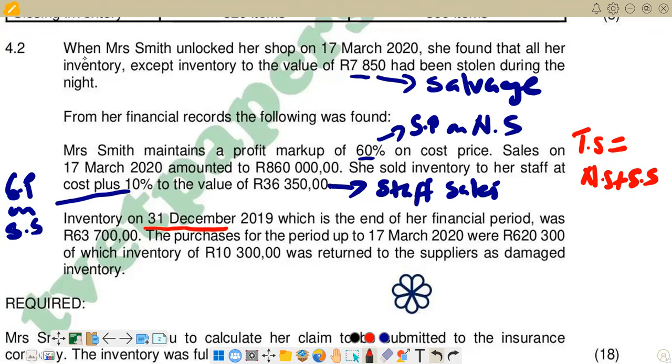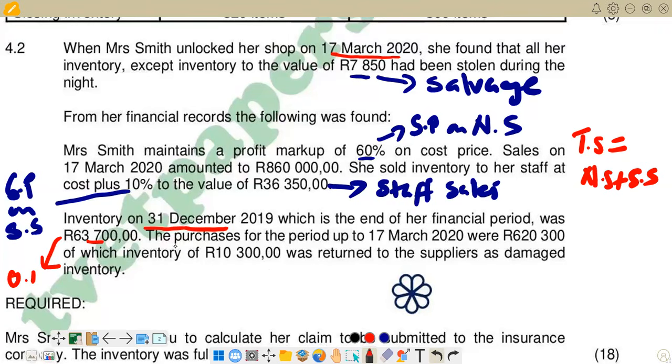Remember the question says when Miss Smith unlocked the shop on 17 March 2020. So this amount that we are given here is going to be our opening stock, or our opening inventory. We are going to prepare a trading account, and we are going to start with 63,700 as our opening